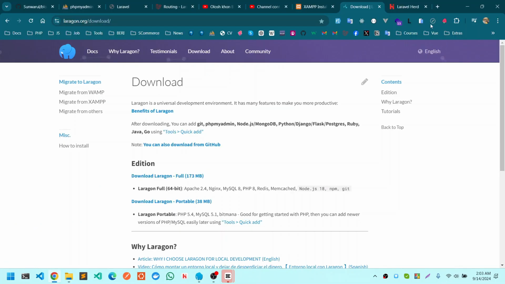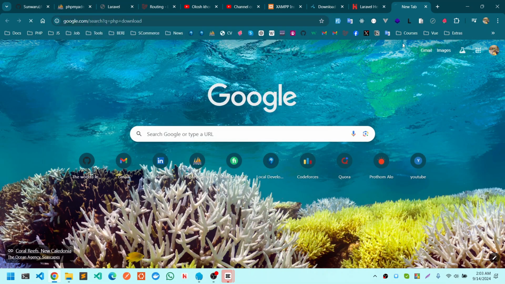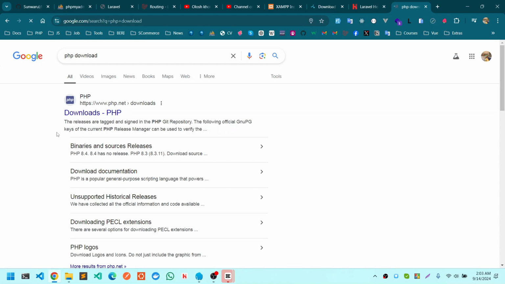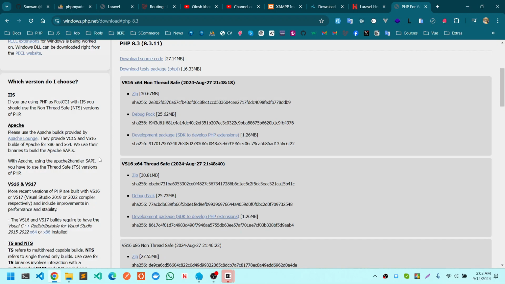If I can show you, first go to the PHP download page on the official PHP website, which is php.net/downloads.php, and in the releases section, you can see the Windows downloads link over here. By clicking it, we'll head towards windows.php.net